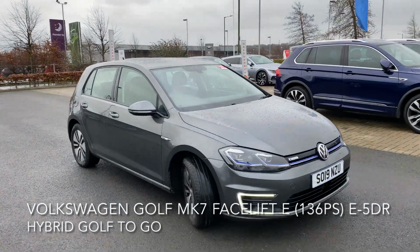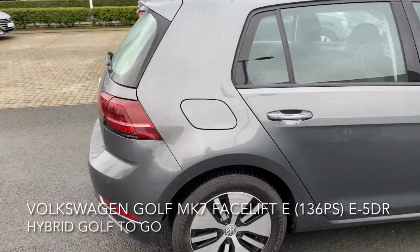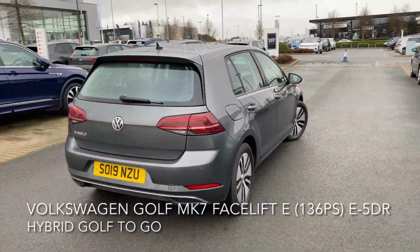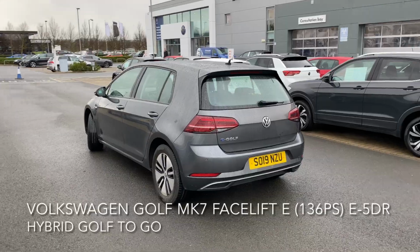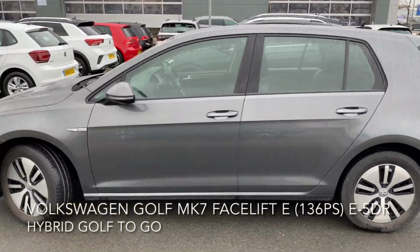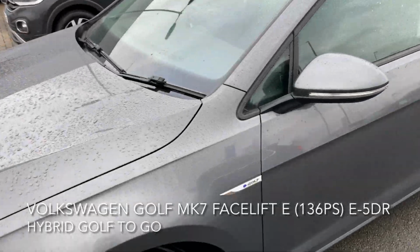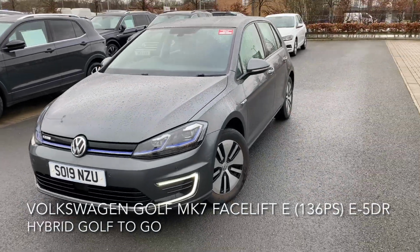Here we have a Volkswagen e-Golf. Now it's a Mark 7 facelift, 136 PS. The car is fantastic and it has a spec to match, including adaptive cruise control with front assist, an automatic post-collision braking system, distance monitoring, a forward collision warning system, a city emergency brake, and this is all alongside these